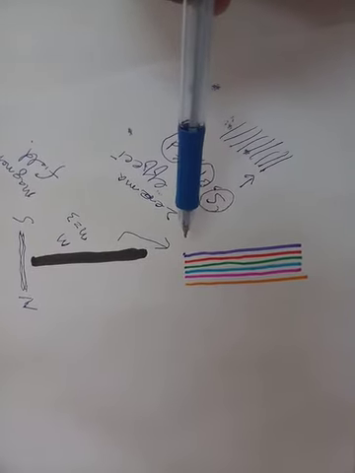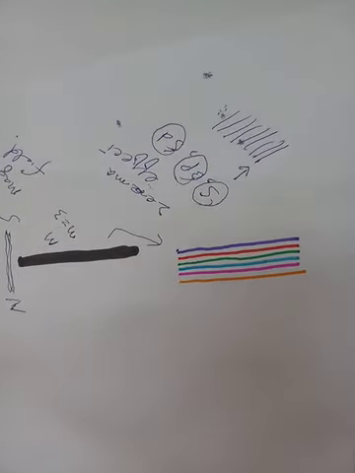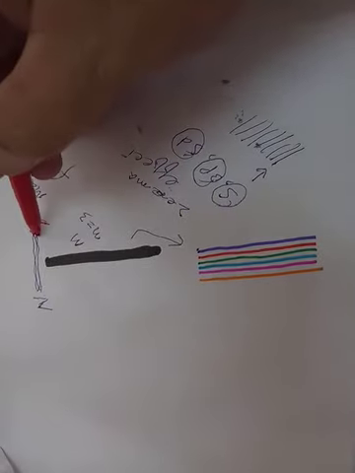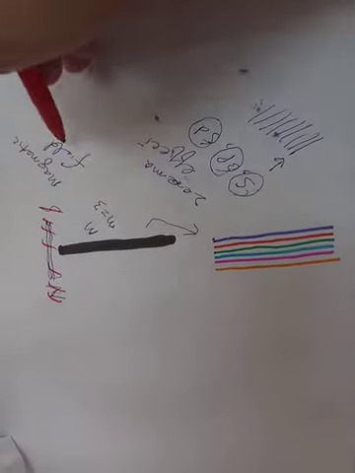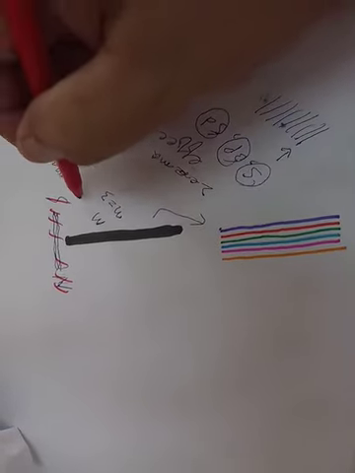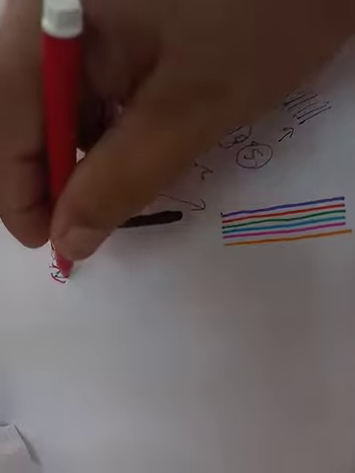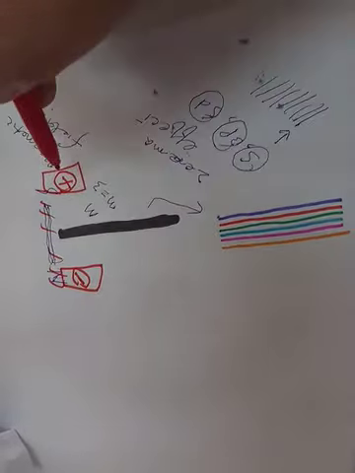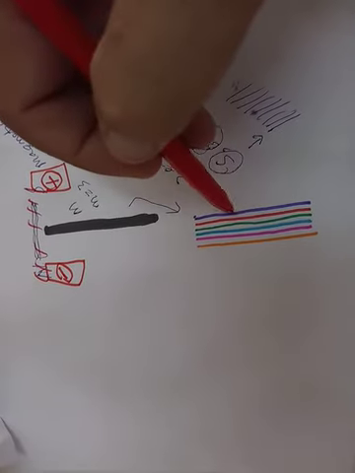Now let me discuss the Stark effect. Okay, what is the Stark effect? Stark, instead of a magnetic field, applied an electric field. For example, this is the positively charged plate, and this is the negatively charged plate. So when he applied the electric field instead of the magnetic field, again the splitting takes place.